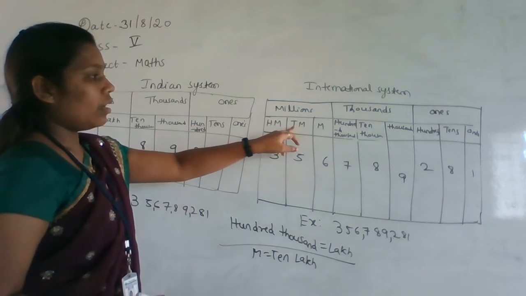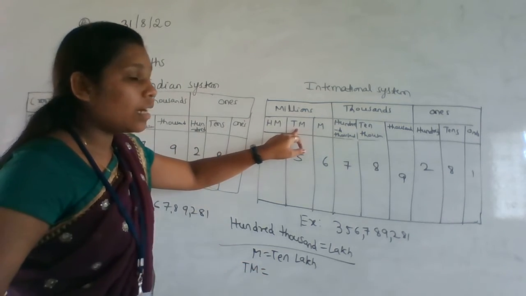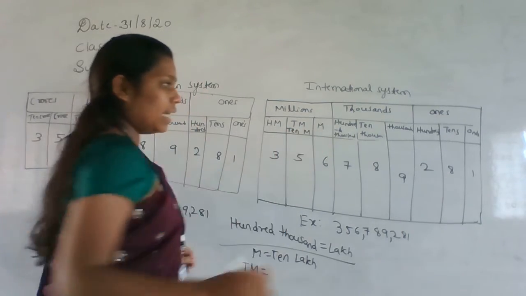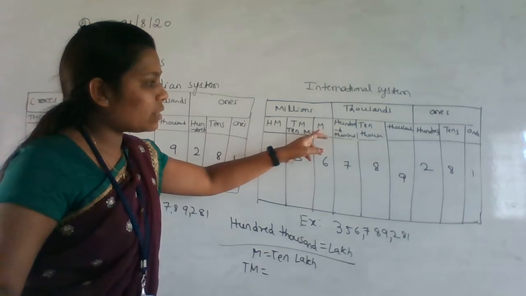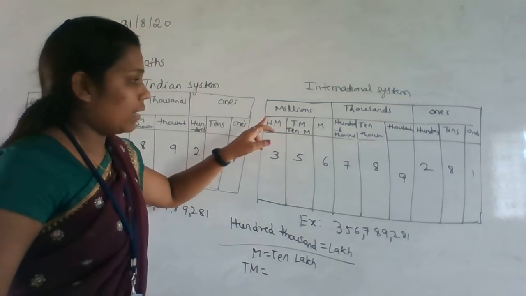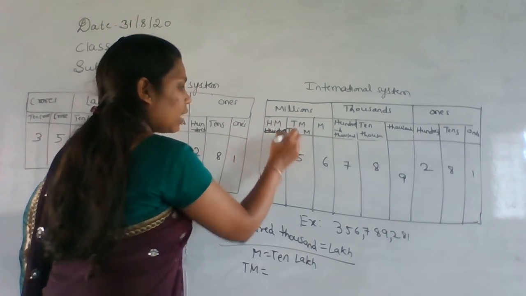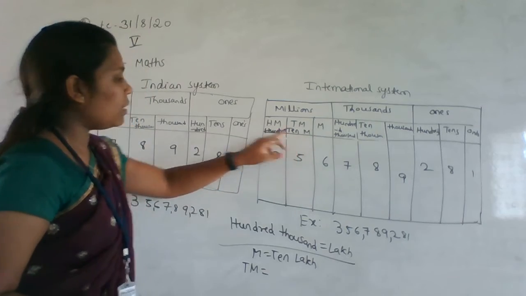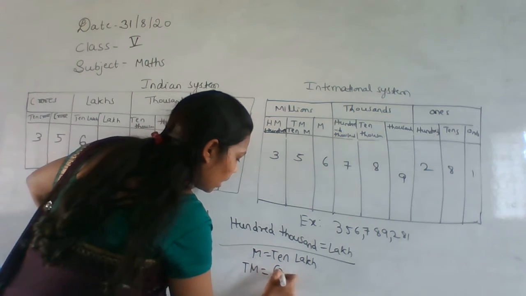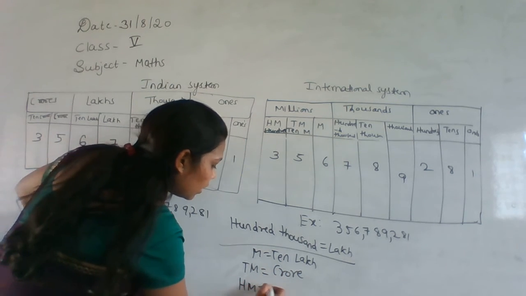Next, this is the 10 million. Okay, please go through that. M means million. Here I don't have space, so I wrote only M here. So that is 10 million and this is 100 million. H means 100. So 10 million means what here? That is a crore, 1 crore. 10 million is nothing but a crore value. Next, 100 million is nothing but 10 crore.